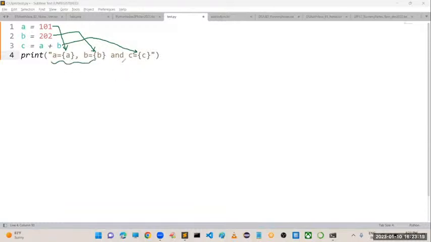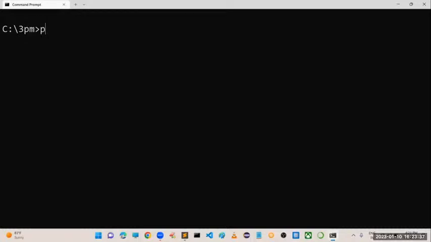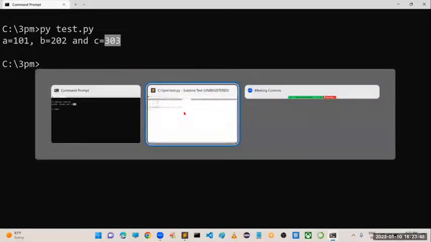If you want this kind of flavor, in the beginning you have to use the letter F. F indicates format specifier. This is a formatted string with constant values along with variables. So let us run this program, py space test.py. Now you can see A value is 101, B value is 202, and C value is 303.